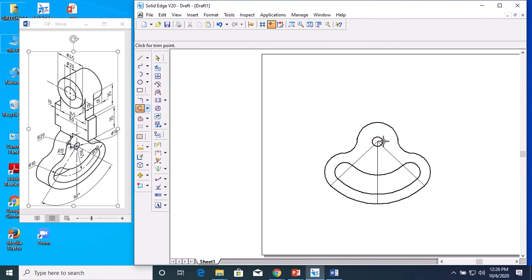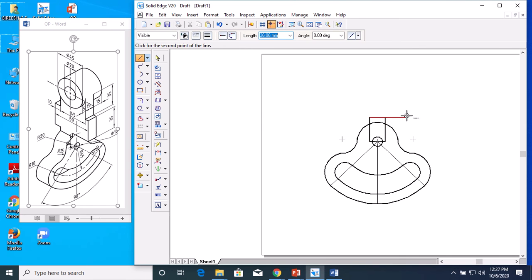So from this center, I take 7.5 on this side at 180, and on the other side also take 7.5 at 0. Draw a line of 25. This is the given 25 mm height. Draw a line of 25 at 90, and on the other side also draw a line of 25 at 90.